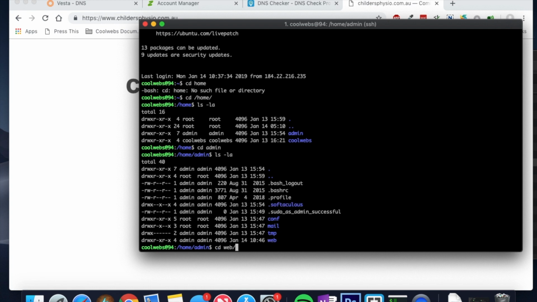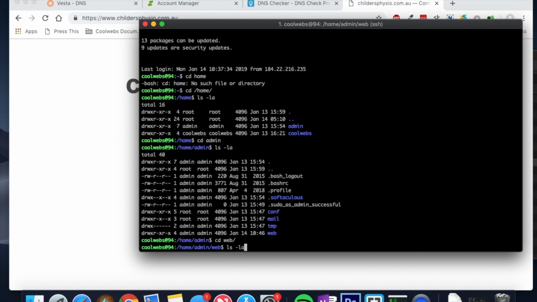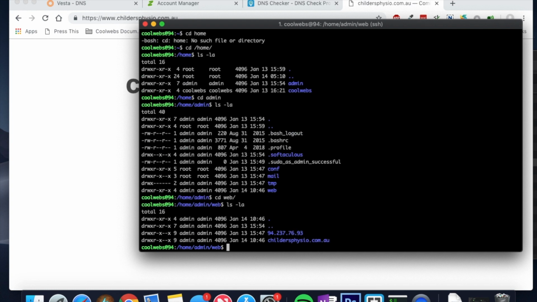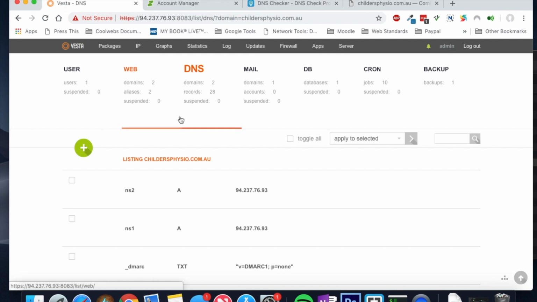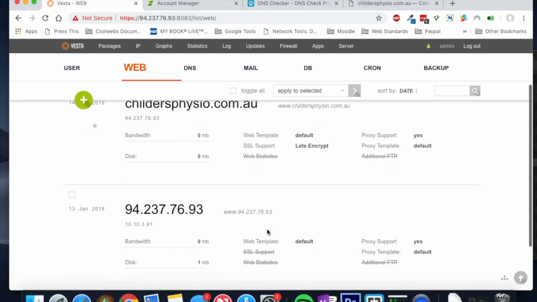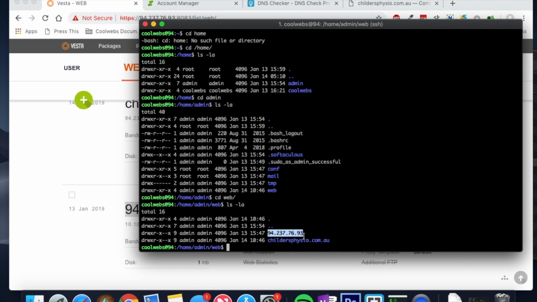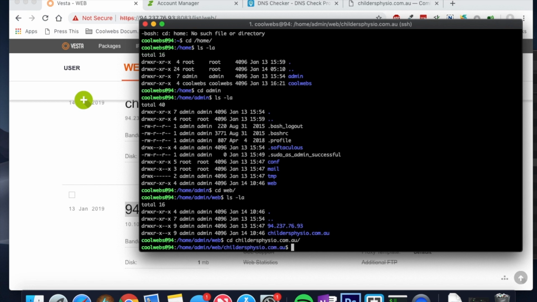So you cd into the web folder, and let's do another ls -la, and you can see here we've got the original installation of the IP, and that was set up when we installed the Vesta control panel. In the Vesta control panel you can see that's the default domain that was registered here, and I believe that's where the actual Vesta control panel installation files live. But I won't go into that in this video. What you really need to know is inside this Childers Physio folder, or whatever your domain name is that you pointed over, that's what it'll be. So if I go into there,